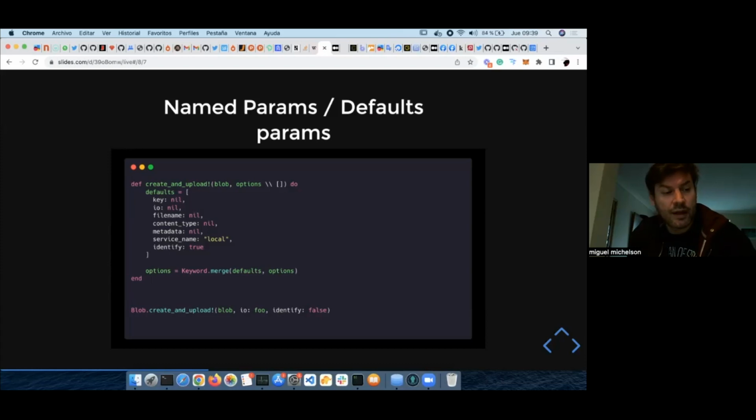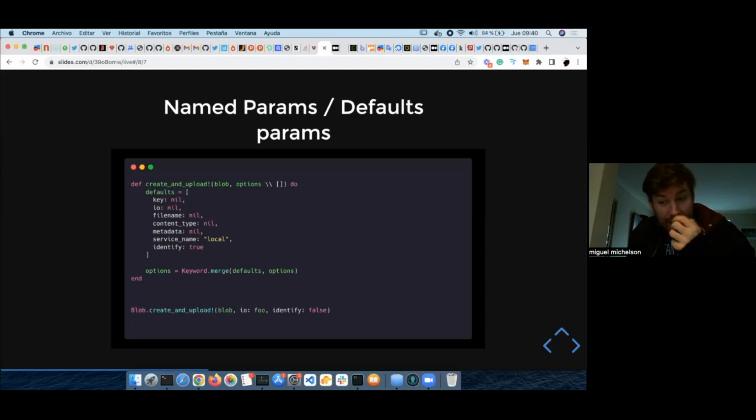And the other thing that I use a lot, and that you will see a lot in Ruby, and that's a missing thing in Elixir, is named params. Whereas in Ruby you can add named params with default values, in Elixir you don't have that. On the other hand, you have powerful pattern matching, but it doesn't have default attributes or named params.